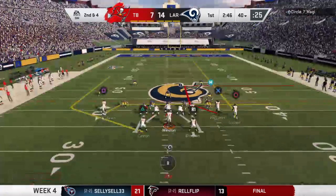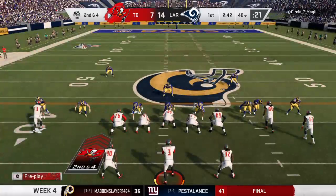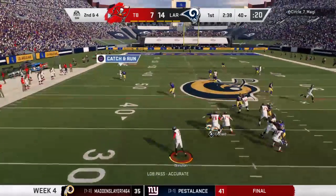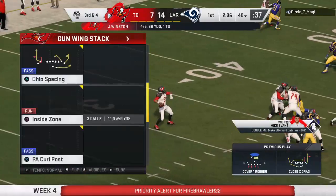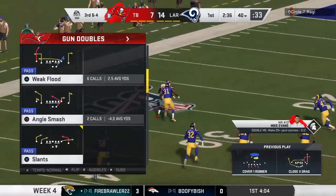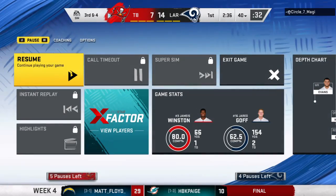The last run got 6, now 2nd and 4. Winston. He's going to loft one deep left side here. And that will be incomplete. Tried to dial up the long one way out there, but it'll be 3rd down. Yeah, good game catching ball in the backfield a week ago, and they're going to